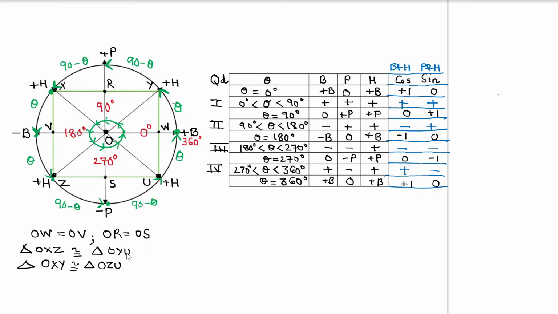When we are talking about theta lying between 90 degrees to 180 degrees, that means we are talking about an obtuse angle. When we are talking about theta being equal to 180 degrees, that means we are referring to the negative side of the x-axis, or the negative hand of the x-axis, which here is represented by minus B. So the moment theta makes an angle of 180 degrees, that means we are talking about a straight line. In this case, let's say we are talking about VW.